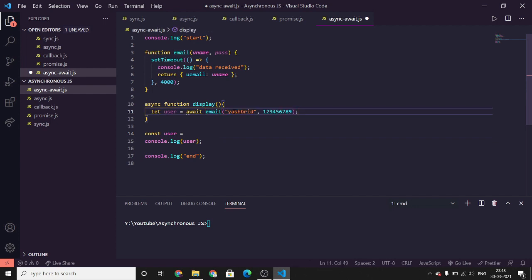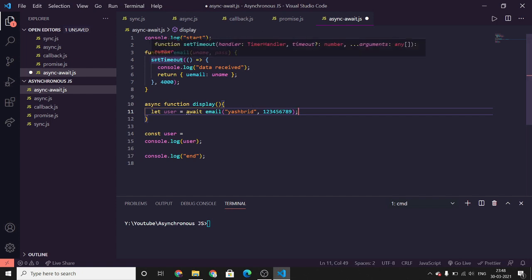So what await does is it makes promise returning functions behave like they are synchronous by suspending the execution. So when the program control comes here, the await will suspend the execution. It will start again when the promise is resolved, when this email function returns a promise.